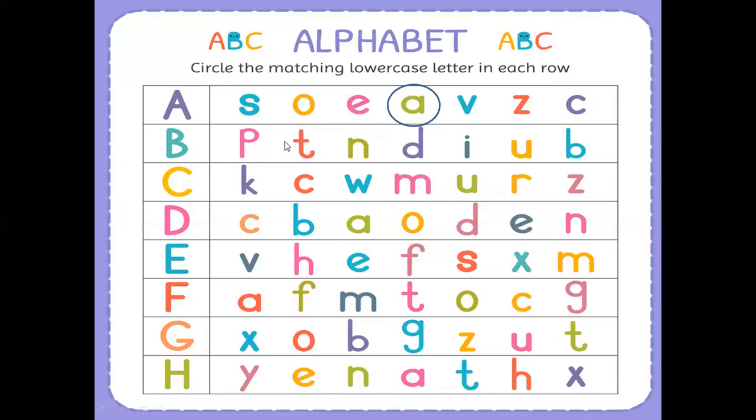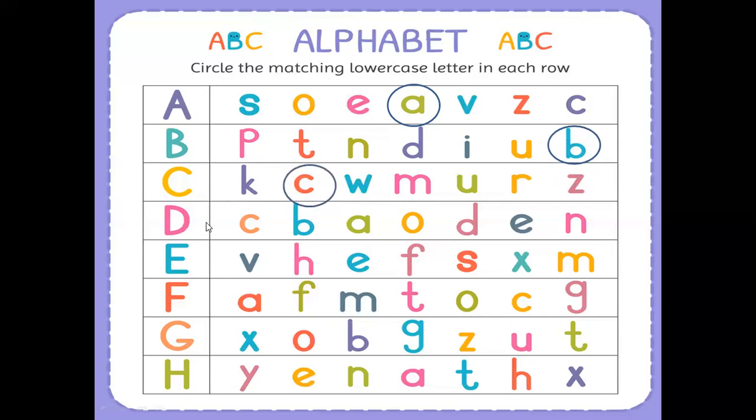Now letter B. Find out letter B. This one is letter B. No, this one is letter D. A standing line and then a complete curve toward the right direction. Okay. Now letter C. Where is the letter C? This one is letter C or this one? No, both of these are not a letter C. This one is letter C.